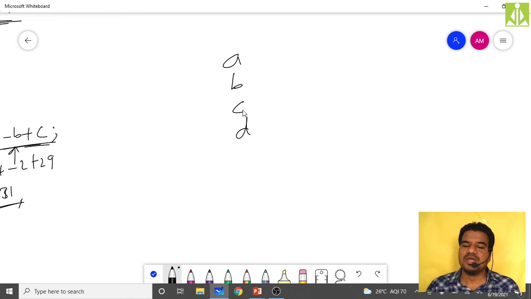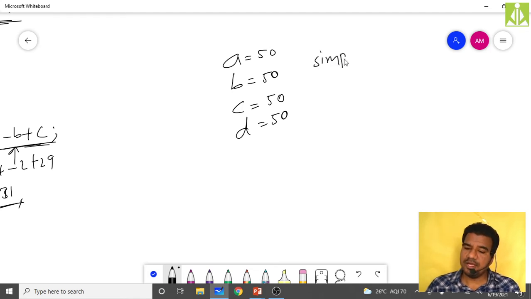One way is to go with simple assignment like this: A equals 50, B equals 50, C equals 50, and D is also equals 50. This is simple assignment.